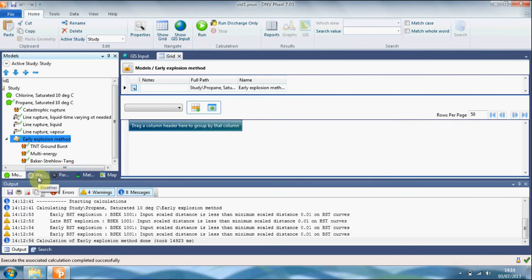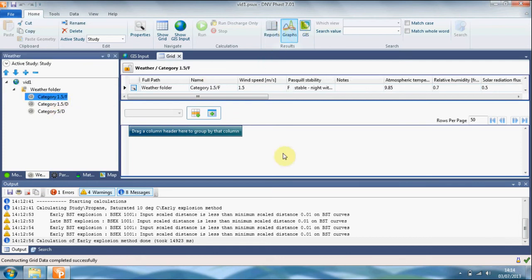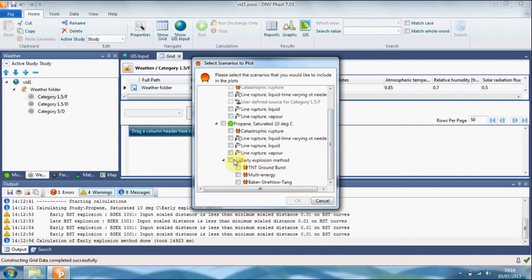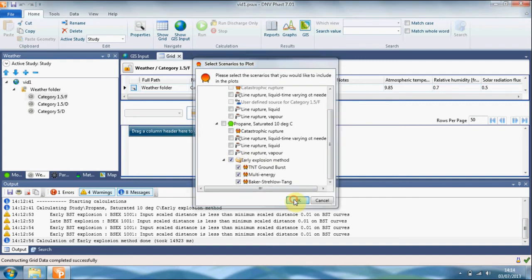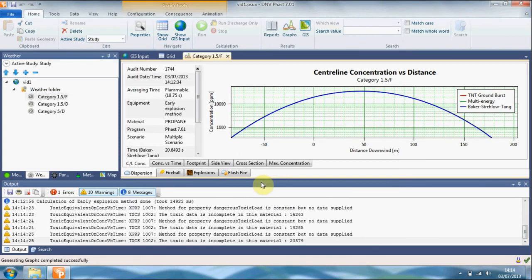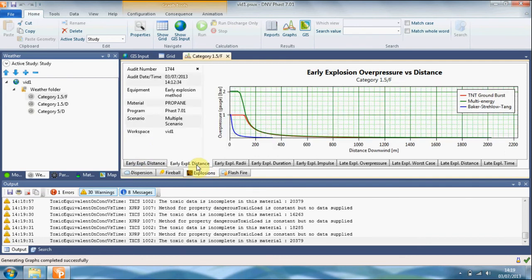We will now view the graph for the 1.5 F weather. Select the 1.5 F weather, select graph from the ribbon. Select the early explosion method folder to view the graph. If we move to the explosions tab and then look at the early explosion distance graph, we'll initially see that